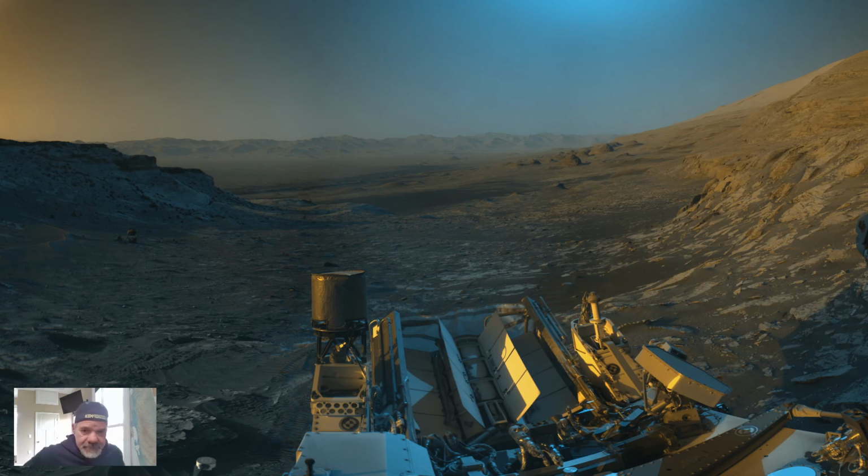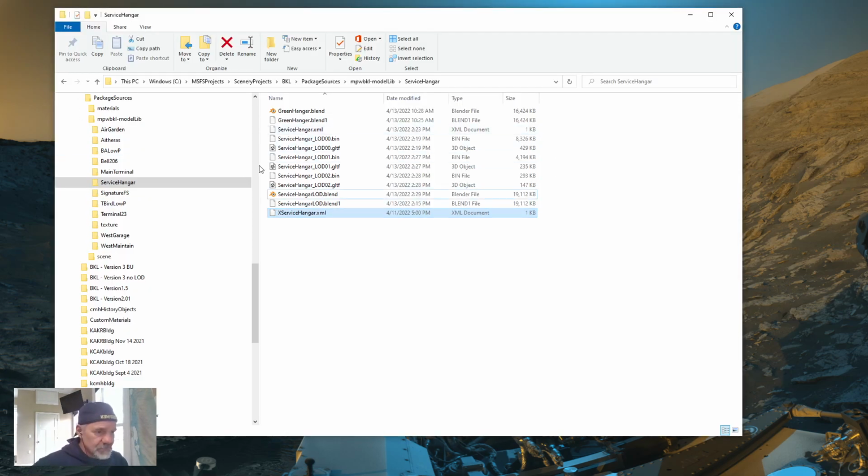Now, the next step is to build our project. We want to build our entire airport project. This takes a little while. So what I'm going to do is open up my file folder, my Windows Explorer,